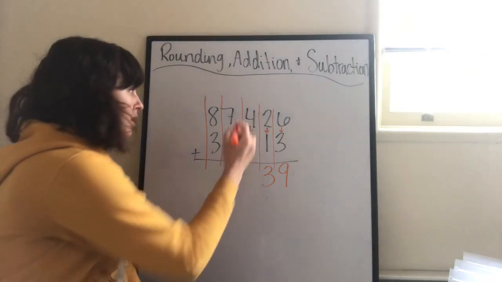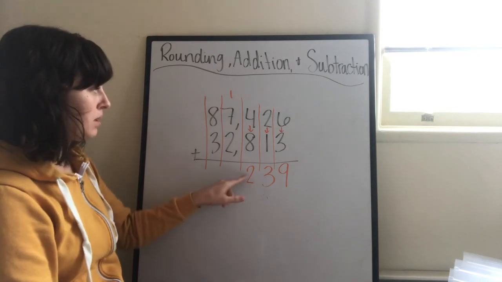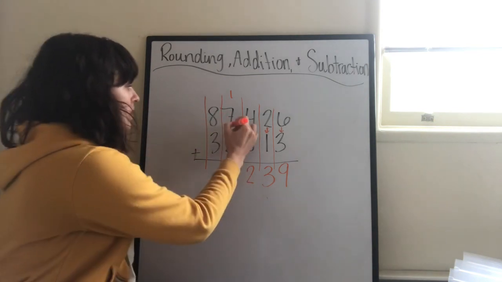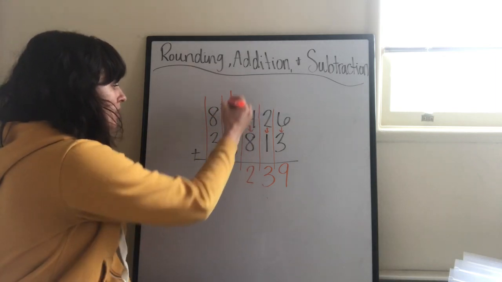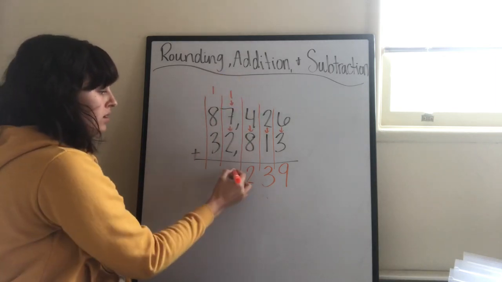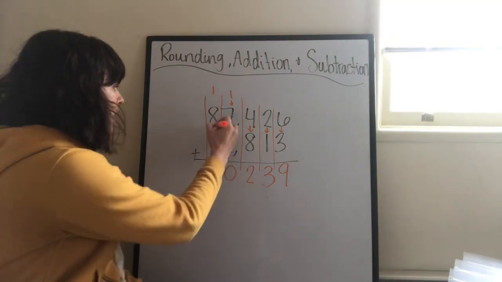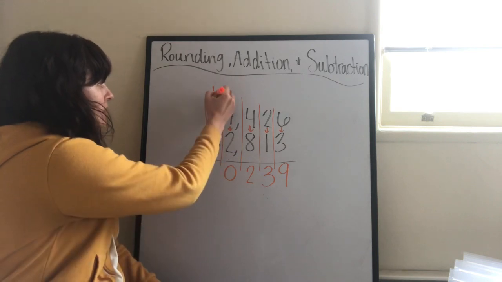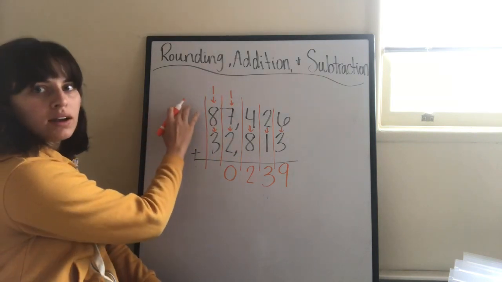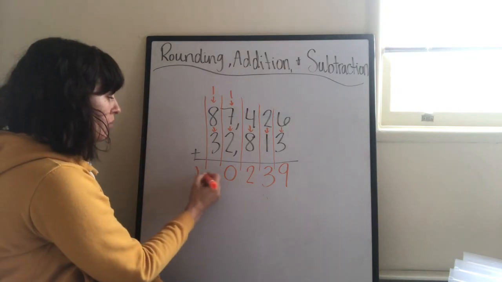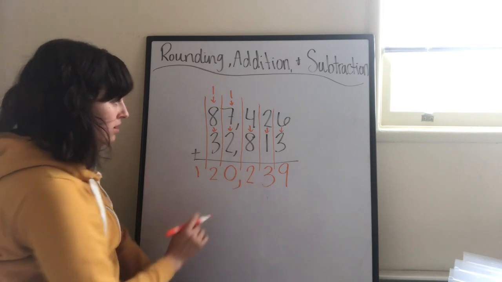So hopefully you remember that we have to do, okay, my 1 goes up here and my 2 goes up here. Kind of split my 12. 7 and 2 is 9. And 1 is 10. So again, my 1 and 0. My 10 gets split up. And then 8 and 3 is 11. Plus 1 is 12. Now I don't have anywhere else to put my 1. I'm done. So that's when I can bring it down here. My commas go every third spot. So now I have